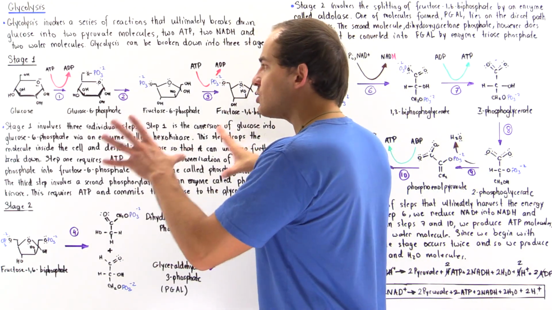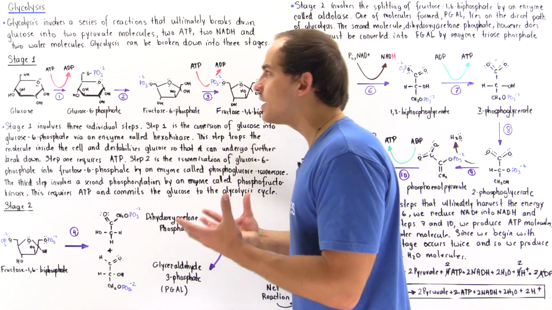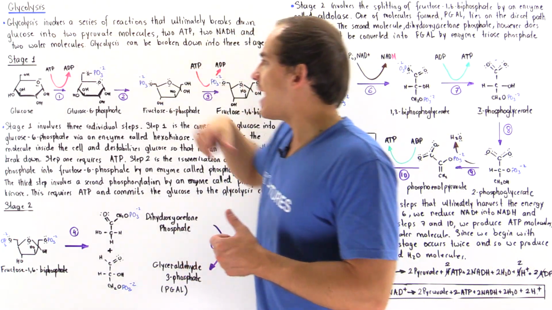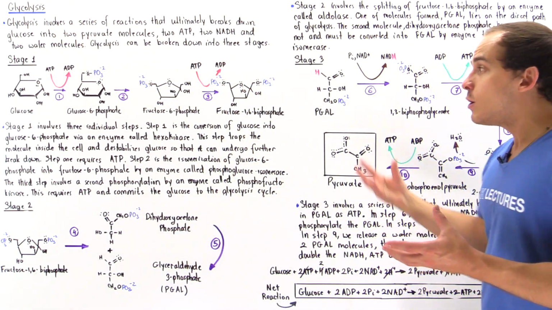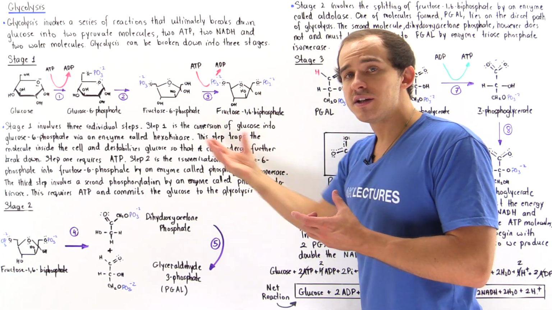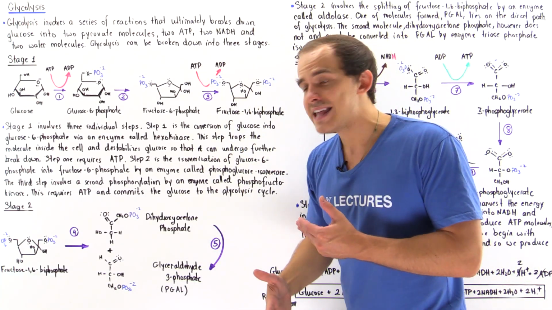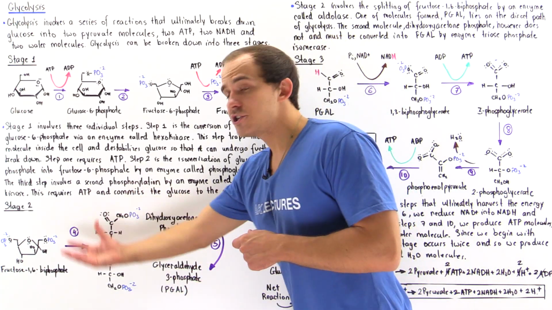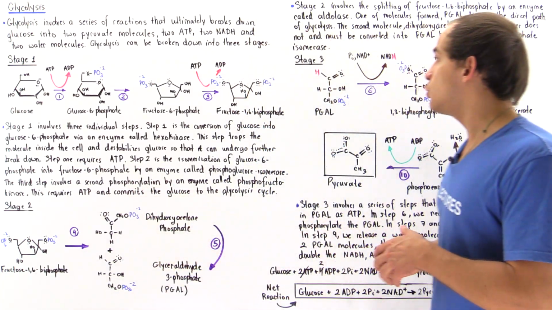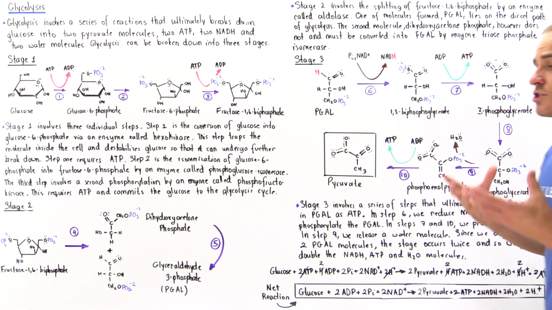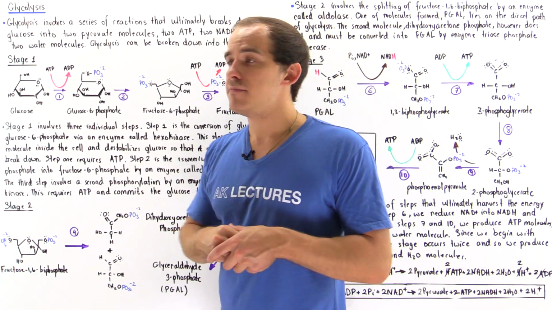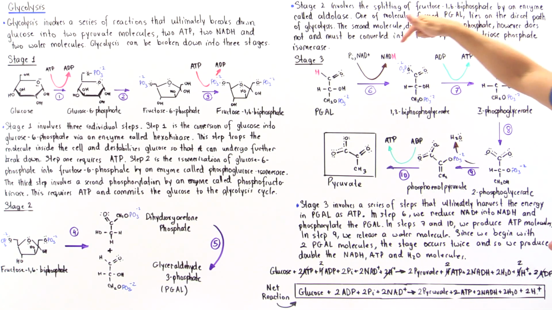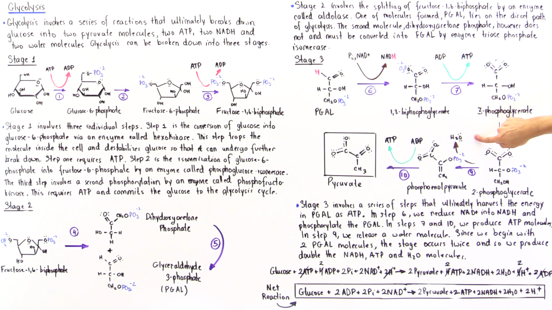So stage 1 of glycolysis requires 2 ATP molecules, and we produce our 2 ADPs. In stage 2, we take the high energy fructose 1,6-bisphosphate and we break that down into 2 PGAL, and no energy is actually used up or produced. And in stage 3, this is where we produce our ATP molecules. So we produce a total of 4 ATP molecules, 2 NADHs, 2 water molecules,